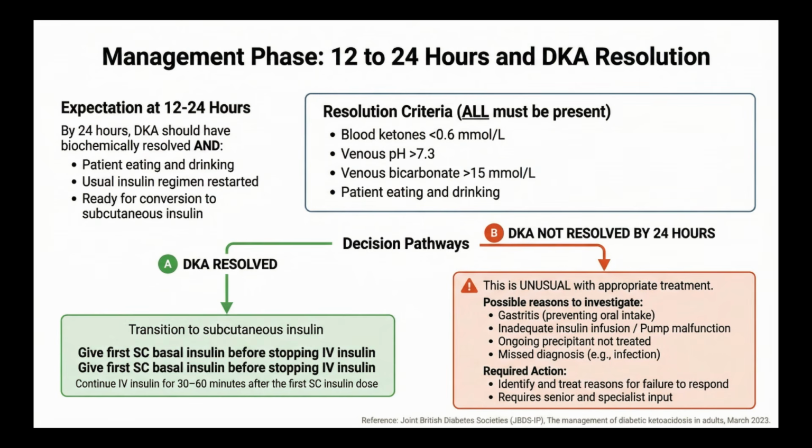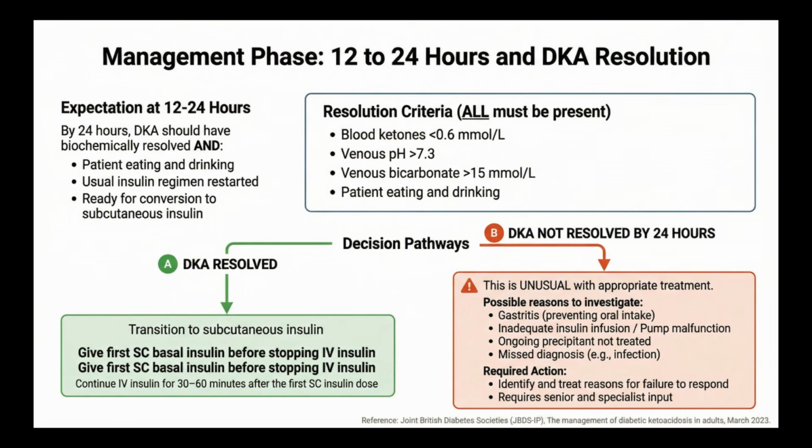Pathway B. DKA not resolved by 24 hours. If DKA is not resolved by 24 hours, this is unusual with correct treatment. You must actively look for a cause. Common reasons include gastritis preventing oral intake, inadequate insulin infusion or pump failure, an untreated precipitating factor, or a missed diagnosis such as infection. The required action is immediate senior and specialist diabetes input and targeted management of the underlying